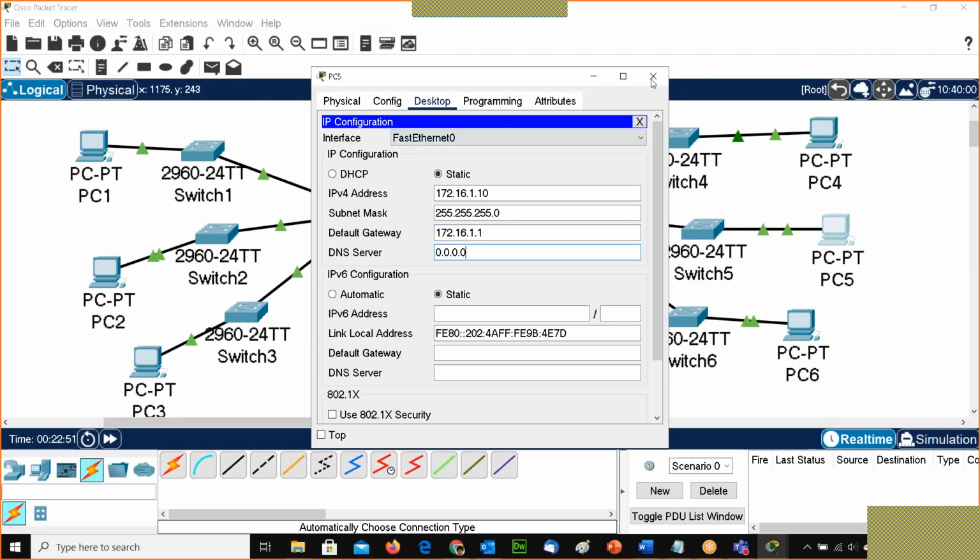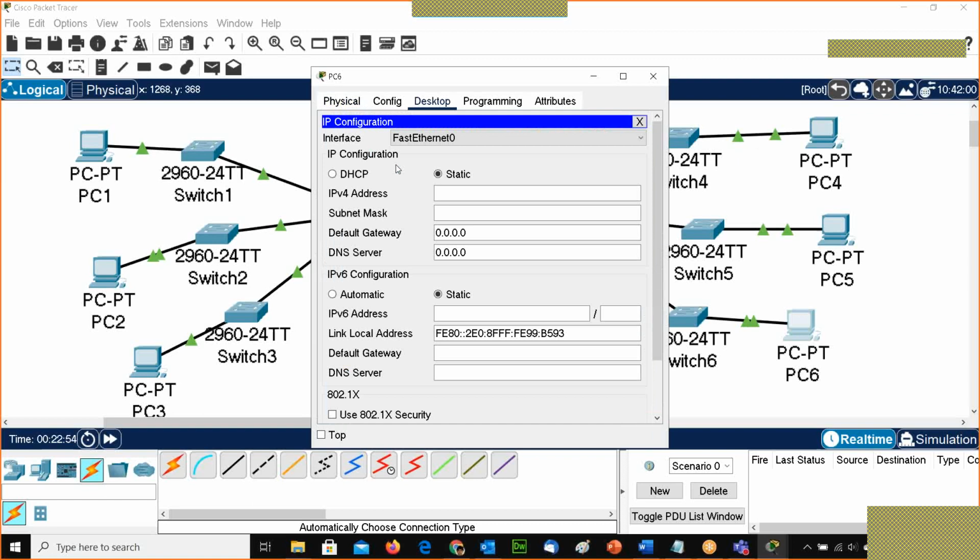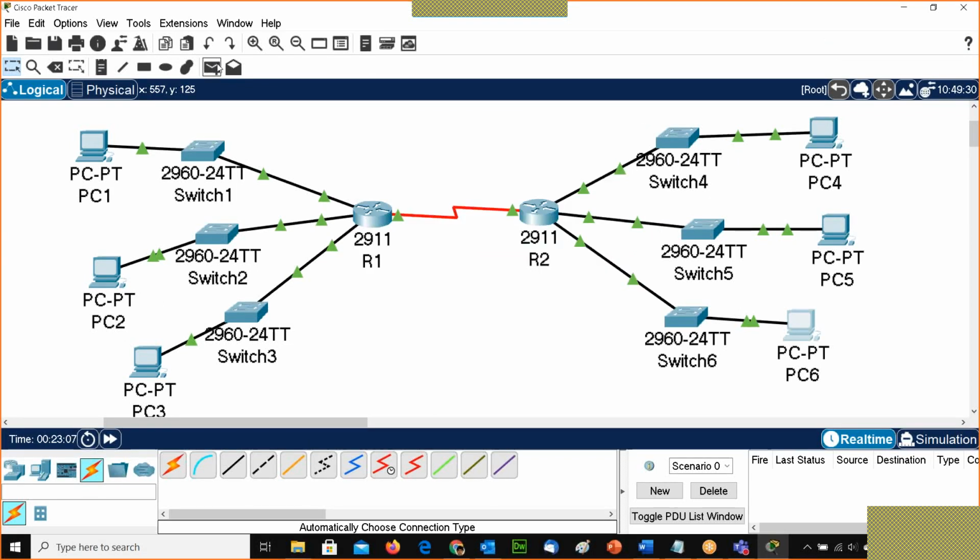Okay, so PC5 I configure again. Similarly, I can go and configure this PC with 2.10 and set the default gateway. Then I can go and ping from PC4 to R2, then PC5 to R2 and PC6 to R2 as well.